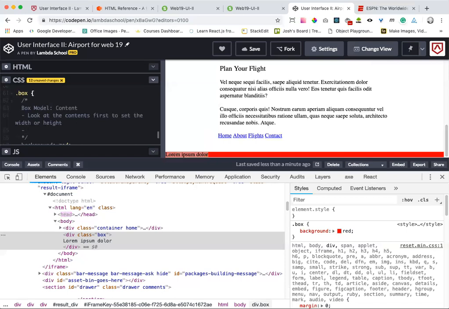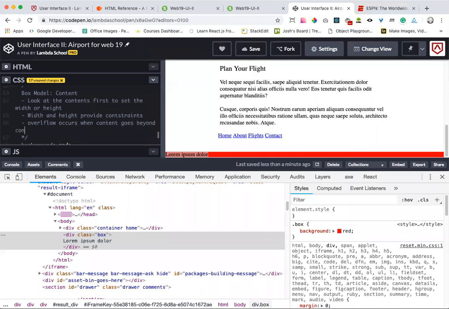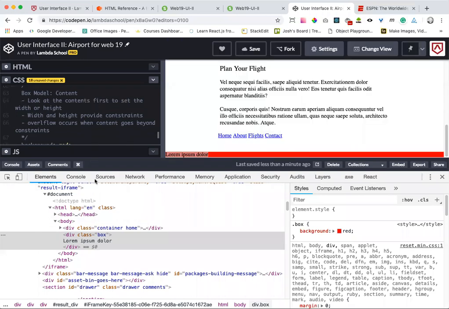Also, the width and height can provide constraints for the content. So width and height provide constraints because we want to be able to control that box, right? And then there is a thing called overflow. So overflow occurs when content goes beyond constraints. So what I mean by that is, if I have too much content, so if I come